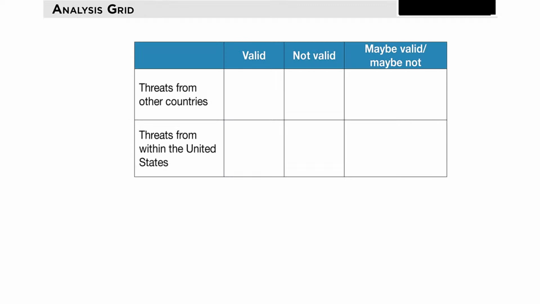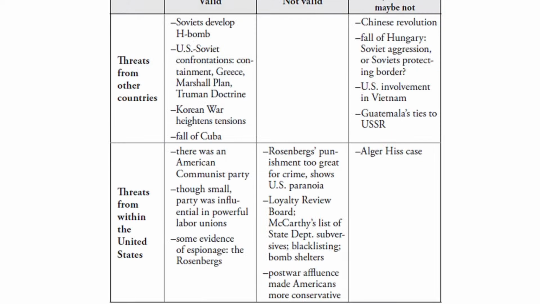Here's an example. So in this case, our grid might look something like this. We might be talking about threats from other countries that were either communist or somehow tied to communism, or threats from within the United States, again, related to communism. And then, were these particular threats valid or not valid, or maybe in the middle? So after you come up with your ideas, your grid might look something like this. Now, I know I have a lot in here. You don't necessarily need to come up with all of this, but it's just an idea of some things that